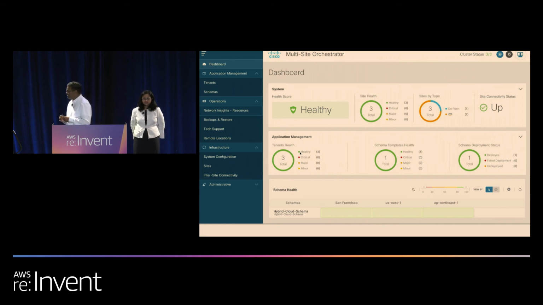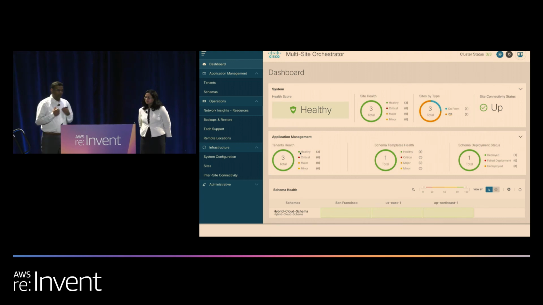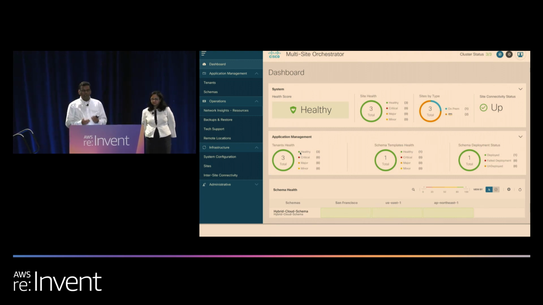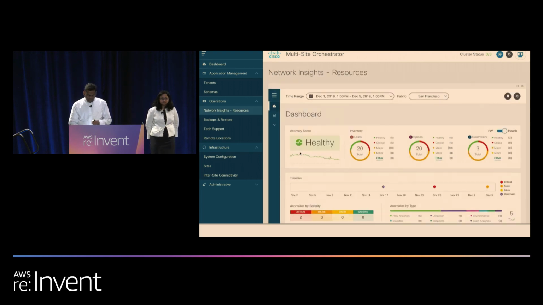Now this is where it becomes very important to understand. We all know that deploying a new architecture, a new application, or new services is always very painful once you want to monitor the whole life cycle for operation. So we want to make sure it's not about giving you provisioning and walking away. We want to make sure that we provision it, and we also monitor end-to-end. So let me explain what we do in this case.